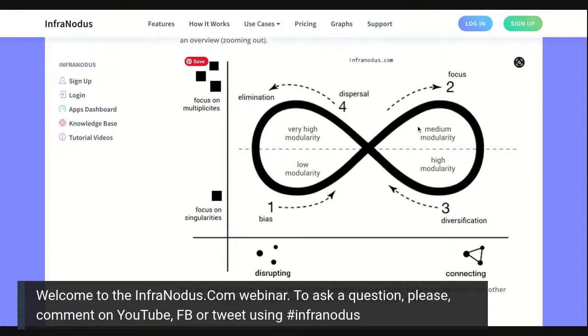And in terms of the network structure, you're in the medium modularity, or what we call focused in the InfraNodus network structure score. This is when you have sufficiently focused on several concepts, and now it's time to develop this discourse further. And one of the ways to do that is if you kind of still are connecting ideas, but you focus on only one of the ones that you've already talked about. So for example, you kind of zoom in on one of the topics that you covered, and this is why you go to stage 3, and by zooming in on this one topic, or maybe on several topics that you already covered, you start to expand them further and to make your text more precise and more